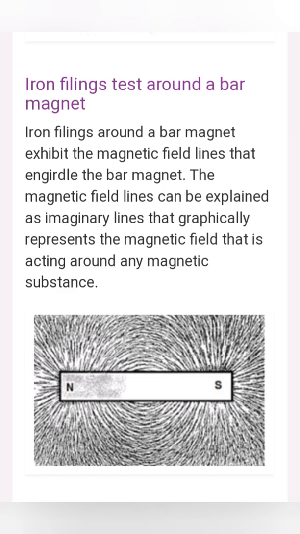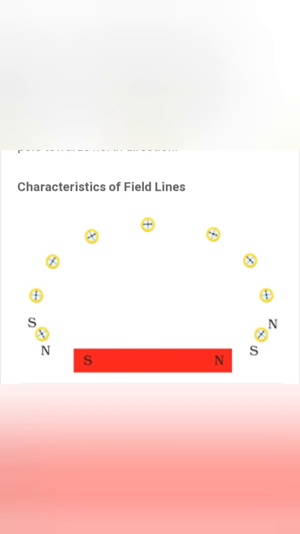Now here is another way to plot the magnetic field. You can see a bar magnet and a small compass kept next to the north pole. As you keep the magnetic compass next to the north pole, it will attract the south pole of the magnet, and the north pole will move away as it repels. Now we can put a dot in front of the compass and again move the compass to the next position. This is how we can plot the magnetic field lines. As we move the compass to the next position, the same will happen. The tail, that is the south pole, will move towards the north and the north pole will move away from the north pole.